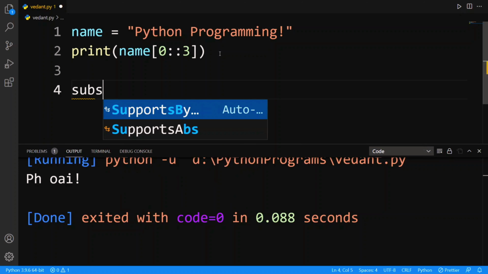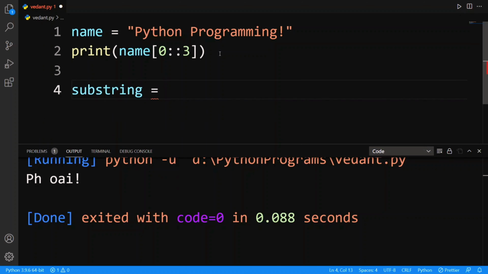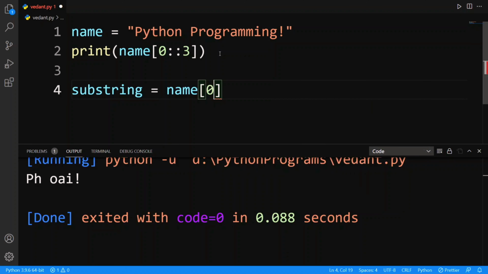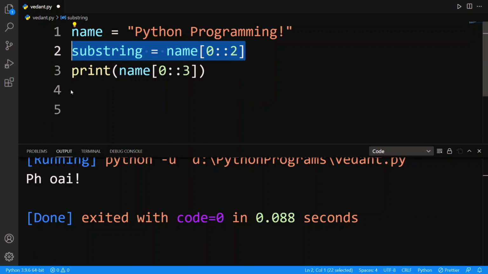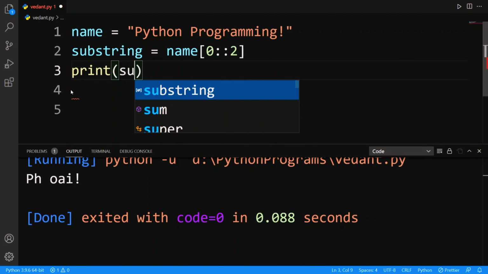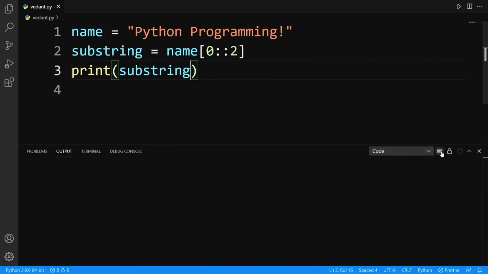You can create a variable called substring, or whatever you name it, and pass this name, let's say from 0 with an interval of 2. If I save this in the substring and print this substring here, then we can see the same output.